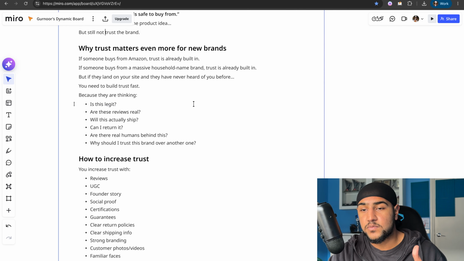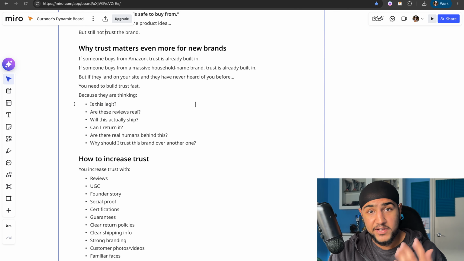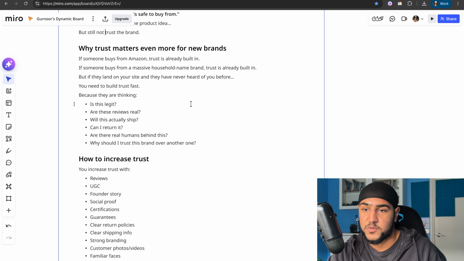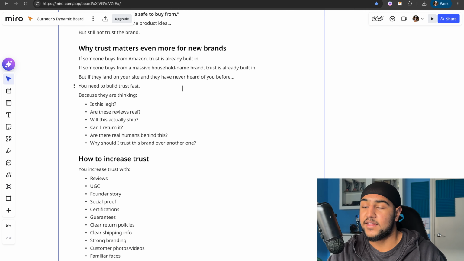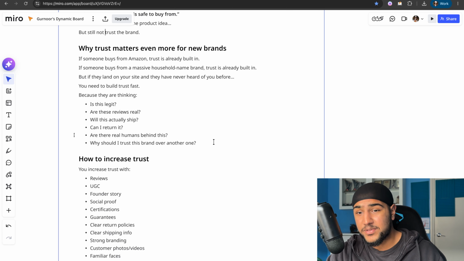the trust fast. And this is why a lot of brands are literally paying to give their competitors customers, because they do all the selling, they do everything. They basically just take the person to the point where they're like, okay, I need this thing. I actually need this thing. And then they just go onto Amazon and they buy it from them because they just trust them more. So you have to build that trust as well, okay?